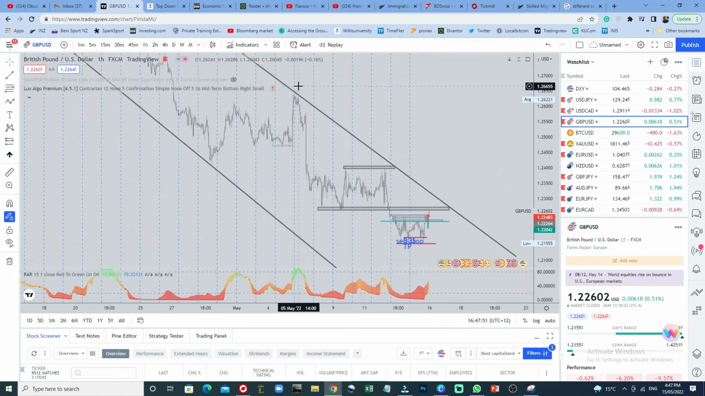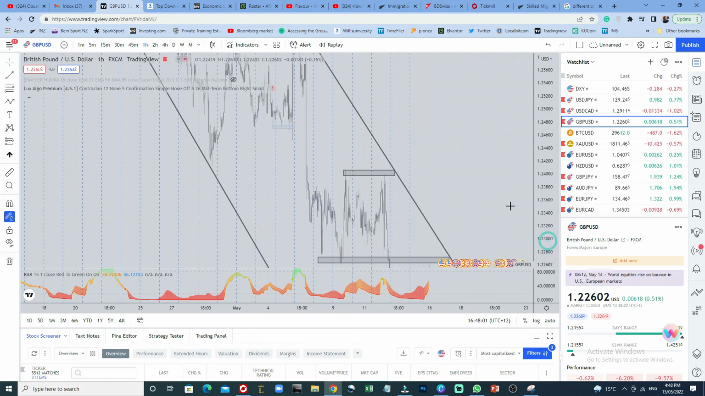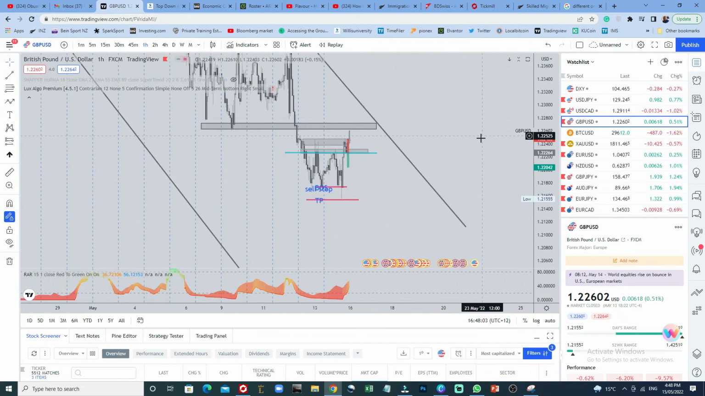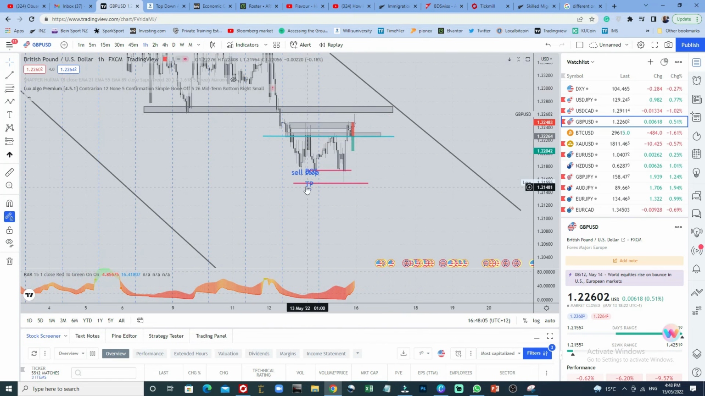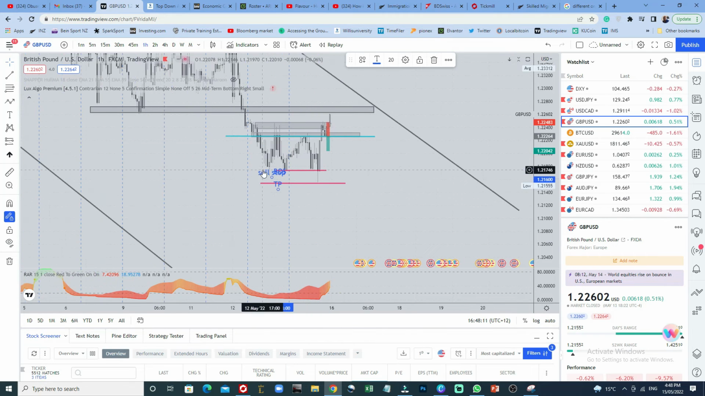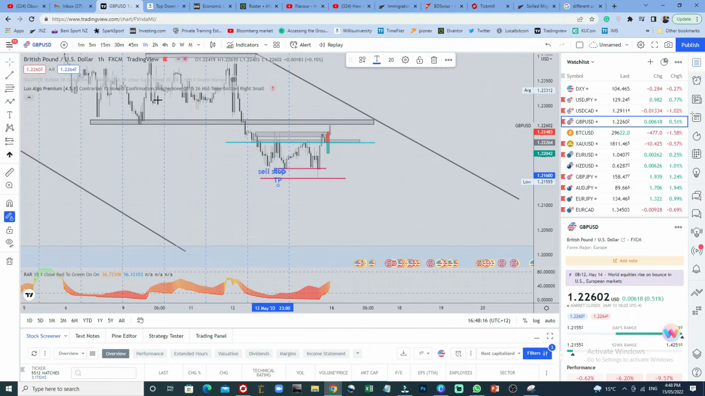Let's take it from here. It came down here, consolidated, came here, bounced, started bouncing. It broke this level. Got it. Let's remove this one. Let's take profit and all that. Okay, let's just leave it. Now it came there. Okay, let me use this. Came down, tested